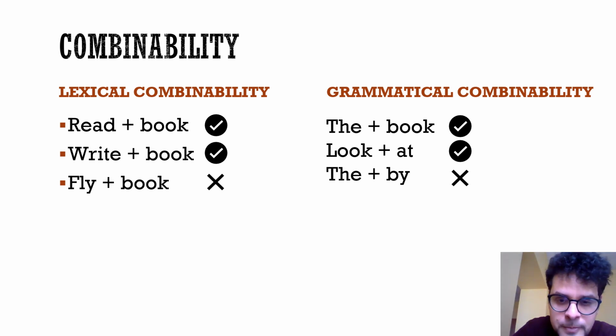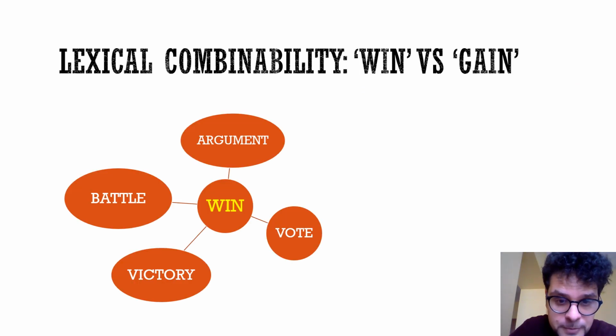I hope that's clear. However, we will see that lexical combinability is not only dependent on external constraints, but also has internal constraints. We say rancid butter or stale bread, but not vice versa, even though the same extra linguistic idea of something not fresh, not good, is valid for both of them. So of course there is a way each language creates its own more likely association of words.